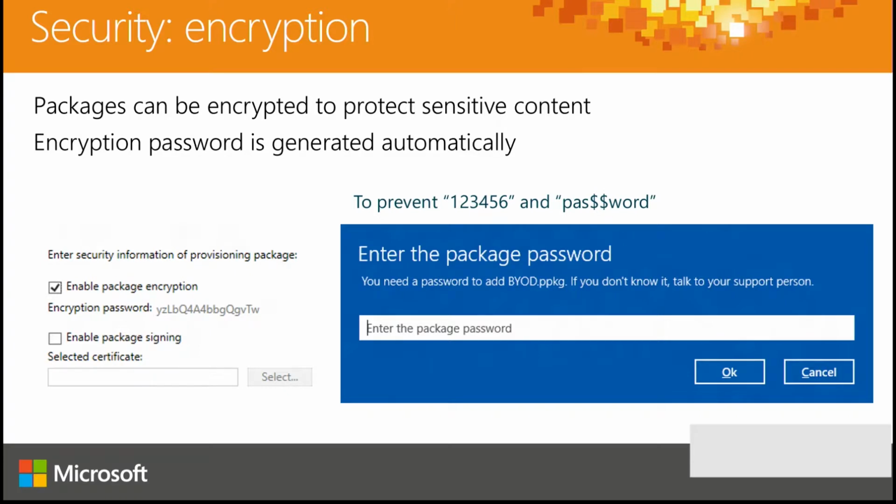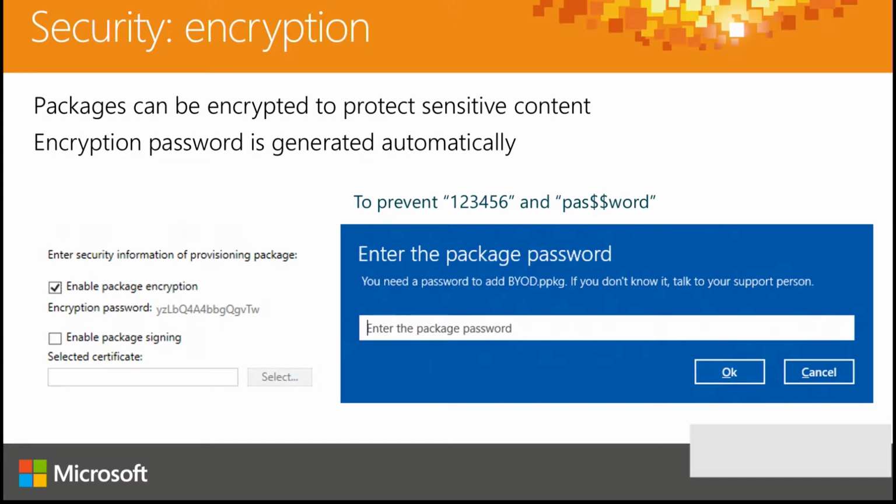Now, when it comes to security encryption, a couple of things to think about here. When you're thinking about a provisioning package, this is potentially something that could be dangerous in the wrong hands. Do you necessarily want someone that shouldn't be executing this particular package to execute it? Because it might be dumping a whole bunch of certificates onto that machine that can essentially allow them onto your network. Might be setting up a whole bunch of Wi-Fi profiles, etc., and you may not want people playing around with this. So we gave you the ability to encrypt packages